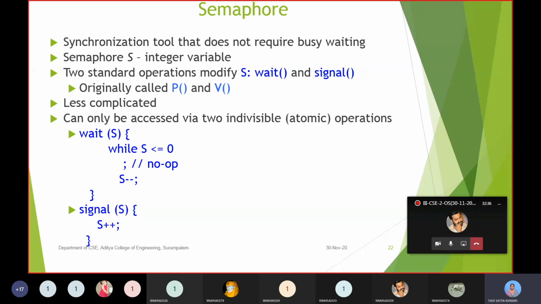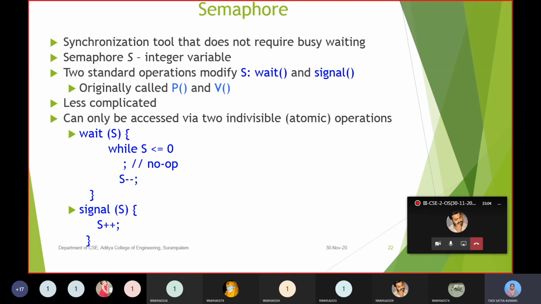What is the initial value of semaphore? Just now we discussed, semaphore is initialized to 1, Andi. So the value of S will be 1. Okay. So first we are checking whether the value of semaphore is less than or equal to 0. If it is not less than or equal to 0, we are decrementing the value of the semaphore by 1,